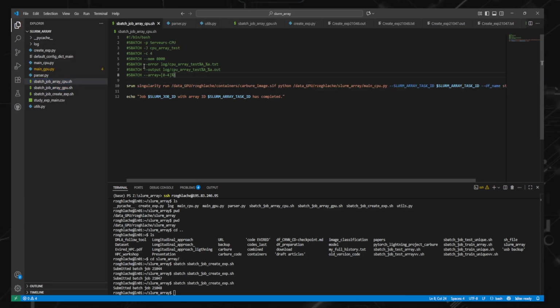First, you need to make sure that you add the sbatch array. To make sure that there is an array in your job, just type array=0-n%m, and this means that all the jobs will be launched in packs of m jobs. So for example, if I type